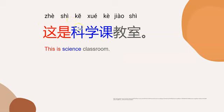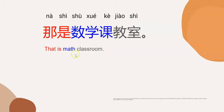And then how to say this is science classroom? 这是科学课教室。Now it's your turn to say this sentence. This is science classroom. 这是科学课教室。